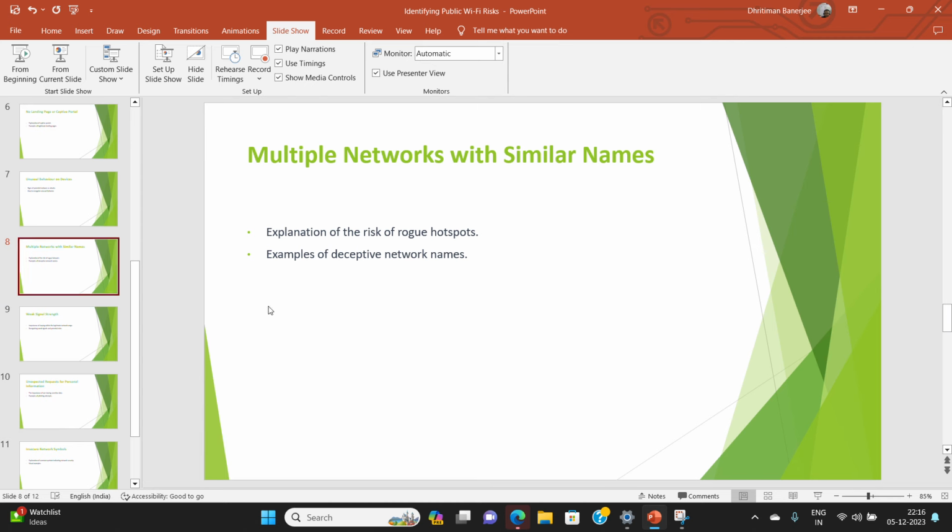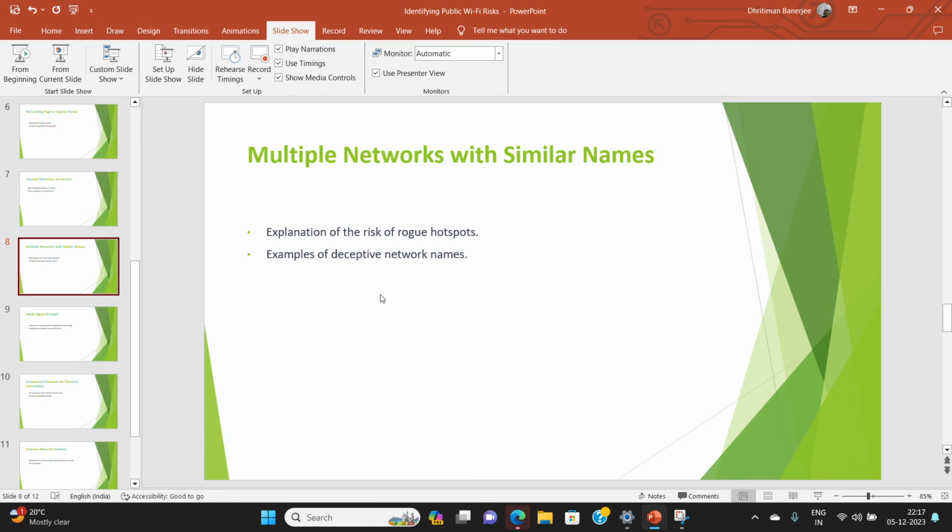Multiple networks with similar names, rogue hotspots, are another example of deceptive network names. You should definitely check for encryption also. Identifying rogue or deceptive network names on free Wi-Fi requires a combination of vigilance and some best practices.